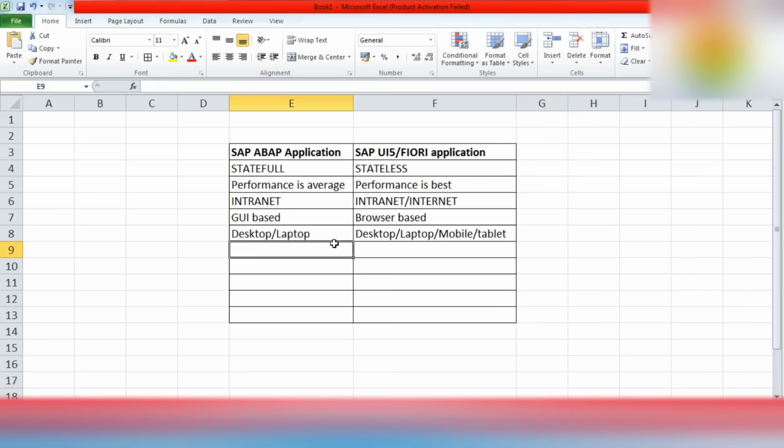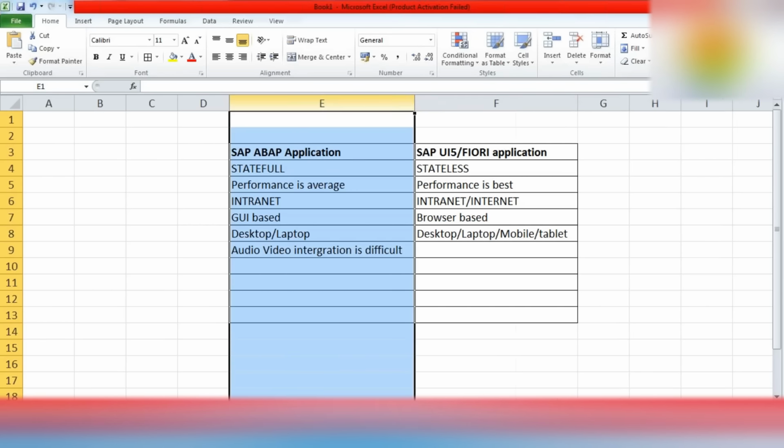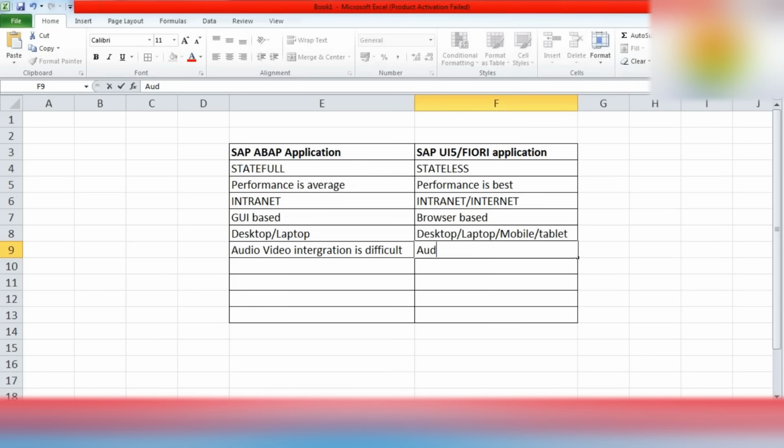Some more things: audio-video integration is very difficult in ABAP, but in a UI5 application it becomes easy.